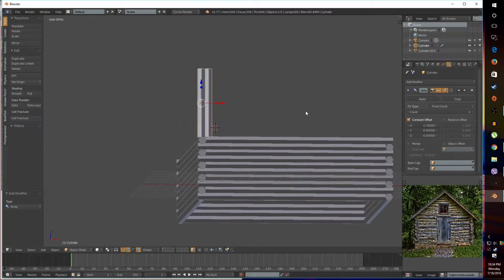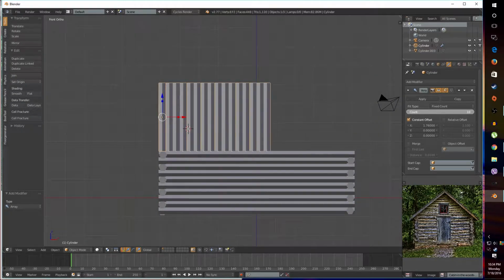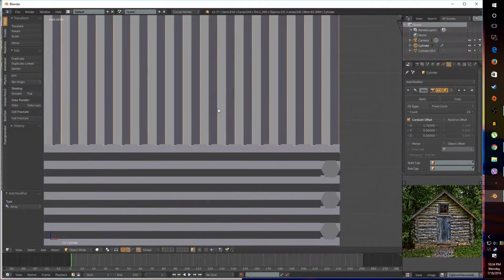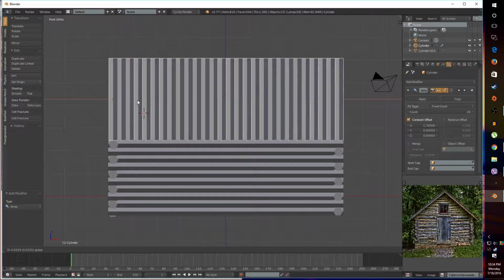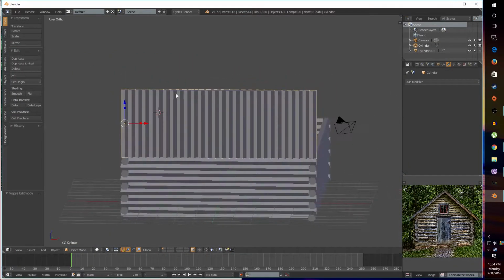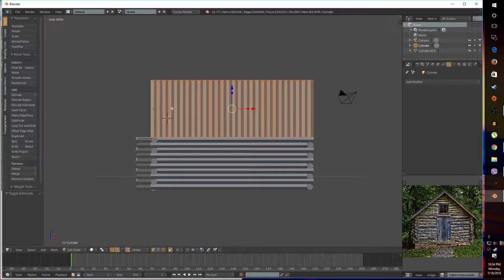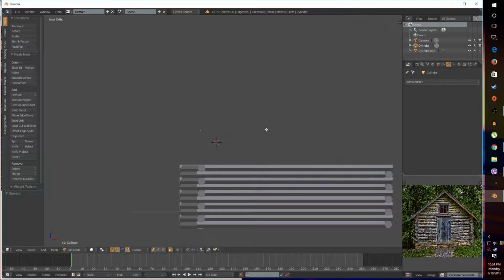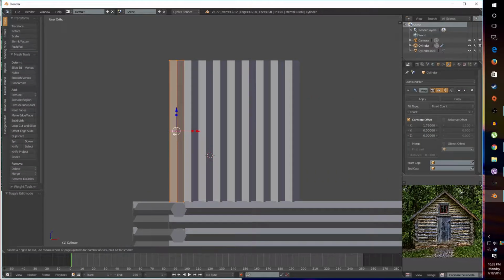And then I am just going to increase the count number until we reach the other side, so pretty much until here. So this ended up perfectly well, and we have our perfect little roof tile. Don't worry, this is not going to be a flat thing. Just going to apply the modifier, and then we're going to go to the fun part, which is cutting this thing in half. What I should have done before I applied the array modifier, go back, is subdivide these